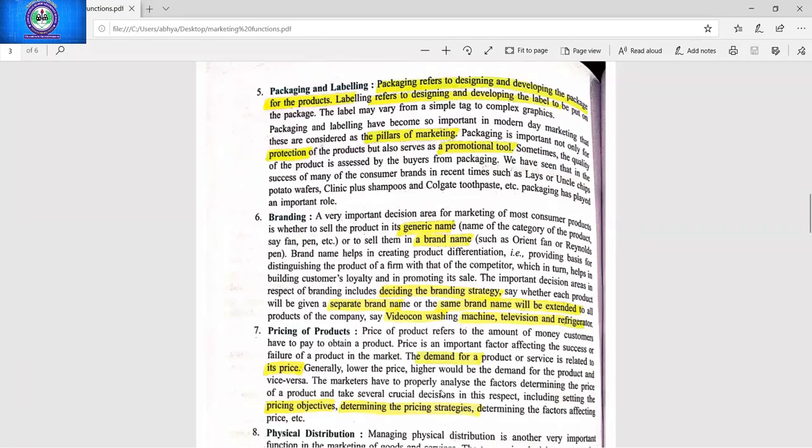Now there are different TV sets, different toothpastes, different shampoos available in the market. So how do we differentiate the shampoo, TV, or toothpaste of one manufacturer from another manufacturer? In that case, we need a brand name, like Colgate toothpaste, Pepsodent, Cibaca, Close Up. All these are different brand names, but the generic name is only toothpaste. Similarly with shampoos, Clinic Plus,